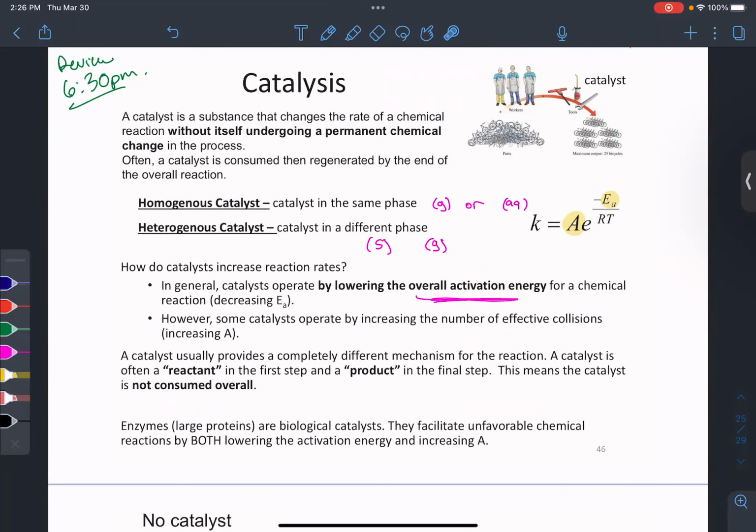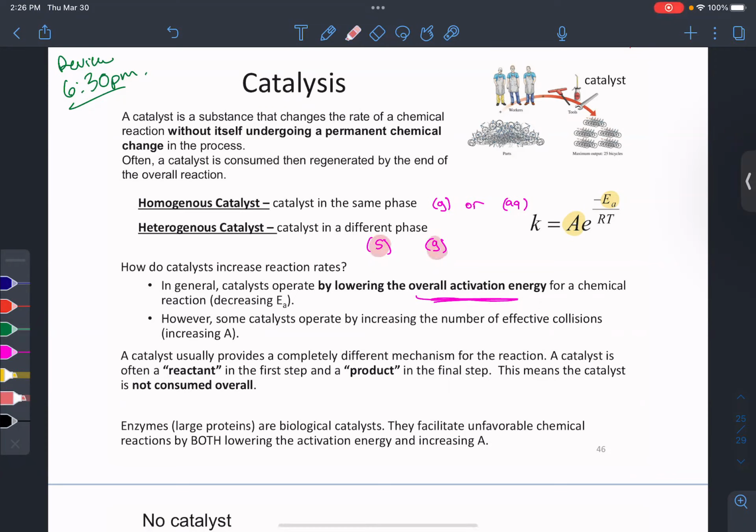So how catalysts work, well, first we need to think about what phase they're in. Catalysts can be in the same phase as your reactant. Something like an all gas or all aqueous phase, those actually have better collisions. Those types of catalysts work better. But in industrial processes, heterogeneous catalysts are more prevalent because it's easy to just drop a solid into a reaction vessel versus getting it to dissolve and interact with your reactants fully. So then you get really good collisions there.